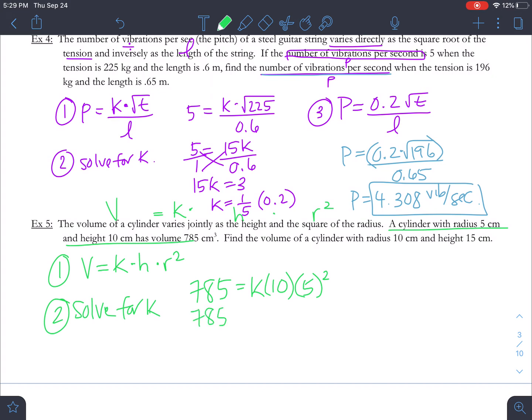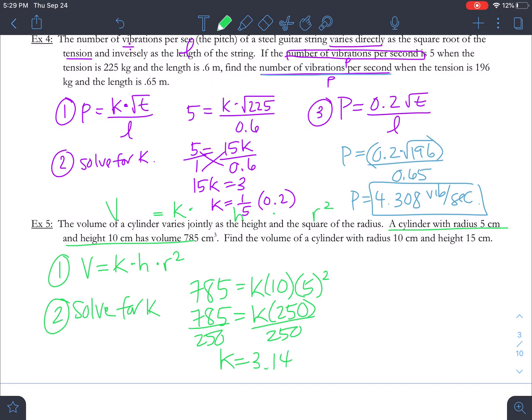So 785 is equal to K times 250. And in your calculator right now, you can divide 785 by 250. And you end up with